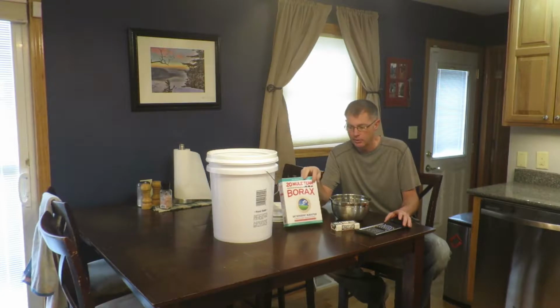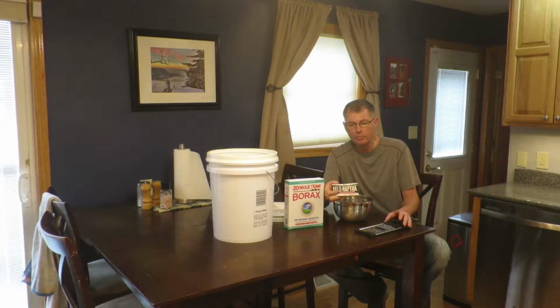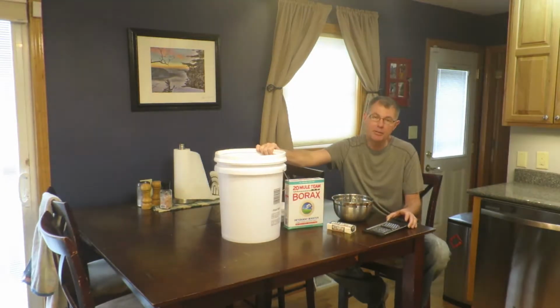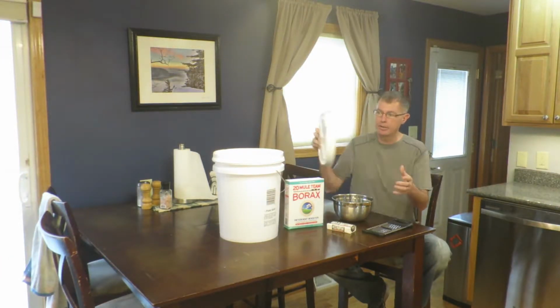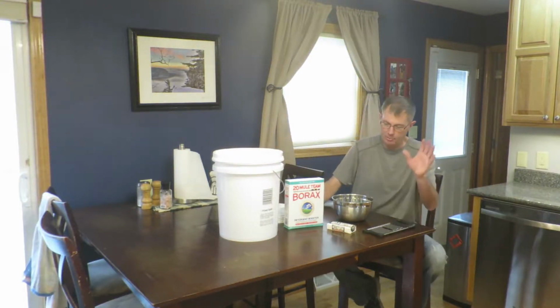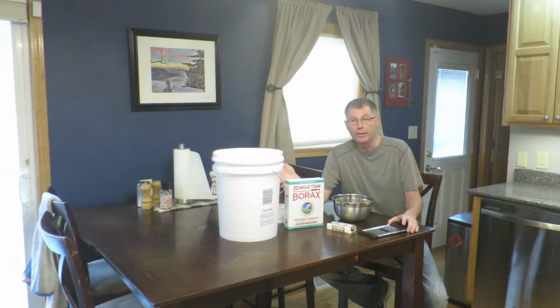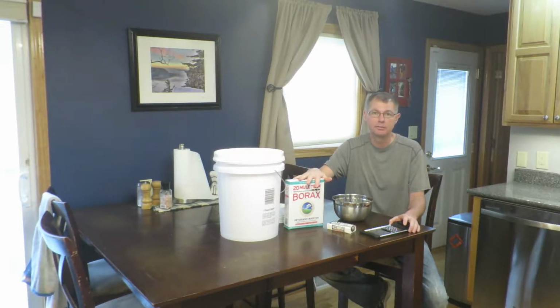So it's going to take 1 box of borax, 1 bar of the Purex naphtha soap. You're going to grate that up, and this is a 5-gallon bucket. I get the kind that I can put a screw-on lid on. It's food safe, so I don't have to worry about it deteriorating and getting into whatever I'm storing in it. And hot water. So you have 5 gallons of hot water. So this is going to make 5 gallons of laundry soap